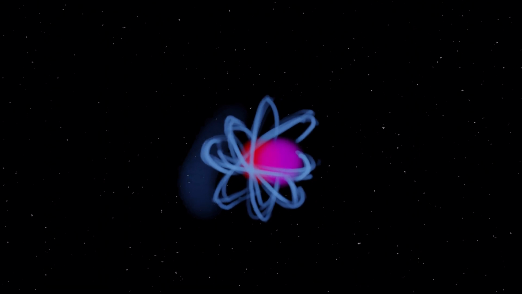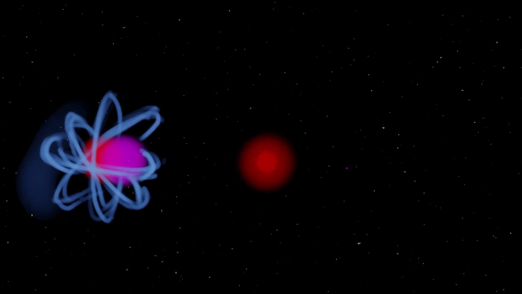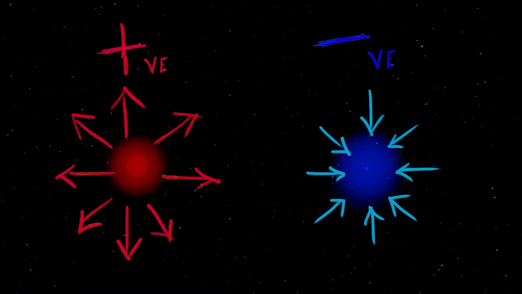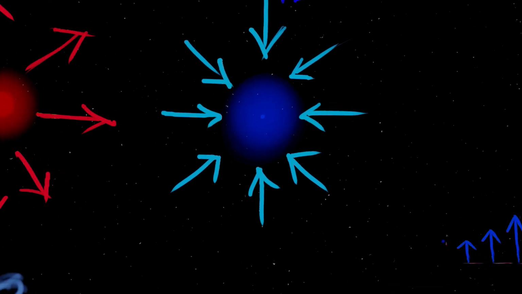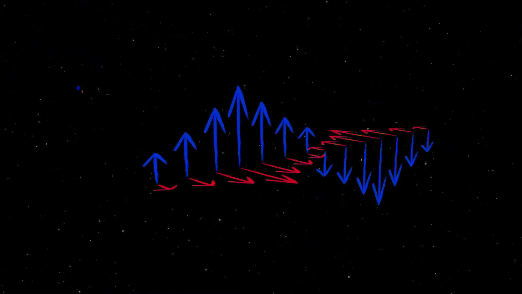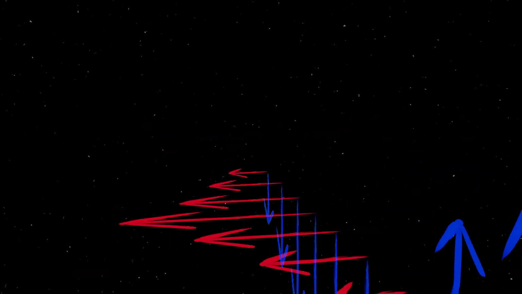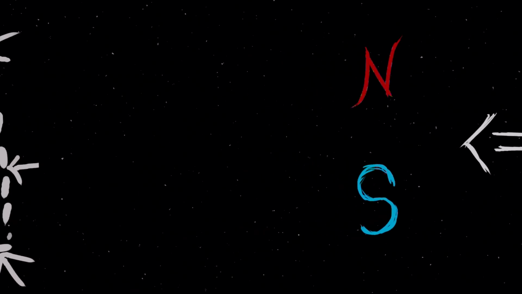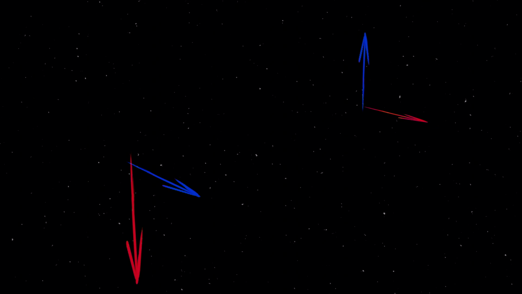The atom is made up of three smaller particles: the proton, neutron, and the electron. The proton and the electron carry electric charge. Many of you have heard that the electric charge is a part of the electromagnetic energy. This is because electricity and magnetism are actually manifestations of each other, and that deserves a whole video by itself. However, in this video, we will only consider the fact that an electric field that moves or changes over time creates a magnetic field, and similarly, a magnetic field that moves or changes over time ends up creating an electric